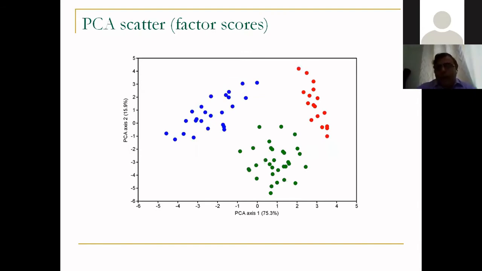So I'll give you one example over here. Let us suppose that we have some groups of organisms over here, and I have plotted them on the first principal and second principal axis. You'll see that the first one is explaining 75% of the variation in the data. The second one is explaining around 16% of the variation in the data. So in total, they are explaining around 90% of the variation, which is good enough. So most of the variation in the data is explained.